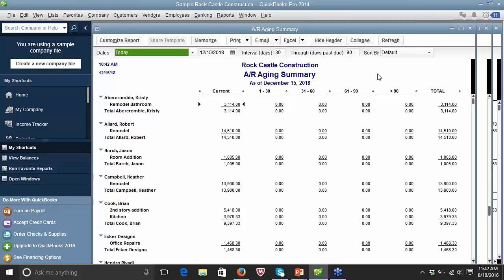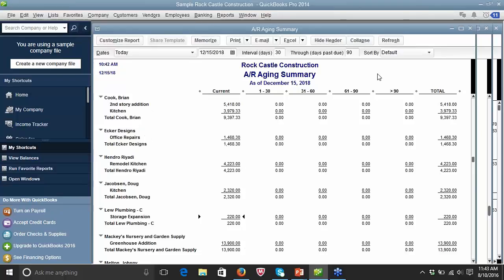Most companies will decide to cut off a customer at either the 61 to 90 days or the 90 days or more, depending on the business. Some businesses are used to having longer time periods even for payment. For example, a medical clinic knows that insurance companies can be a very long time paying here in the U.S. I'm not sure how it works with the government in the U.K. and how the payments are working, how long it takes to collect from what might be a government pay system. But this is a good way of following your collections.